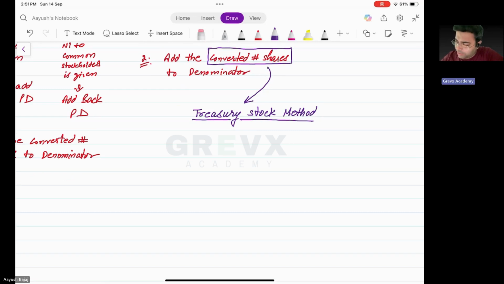I'll explain as I write. What you do in the treasury stock method is, if the option is